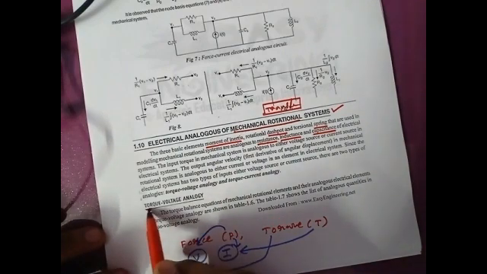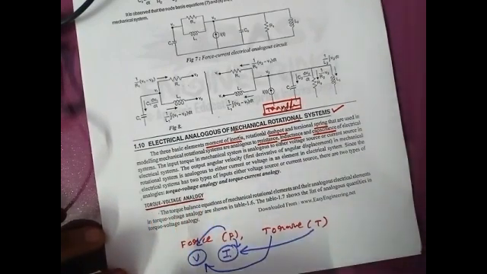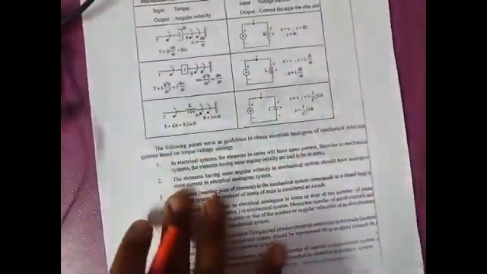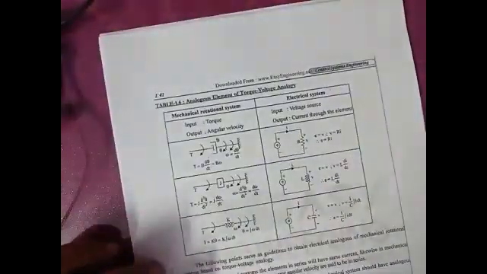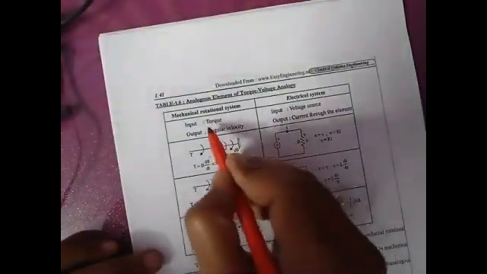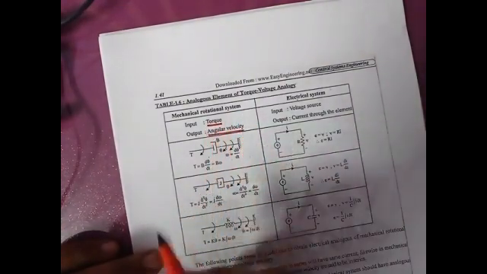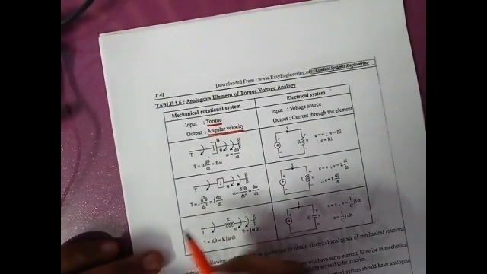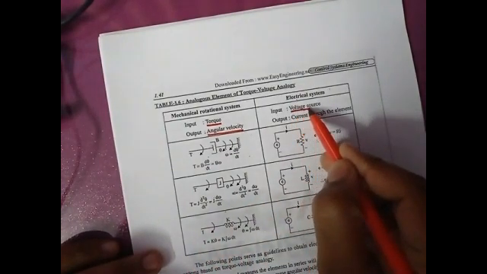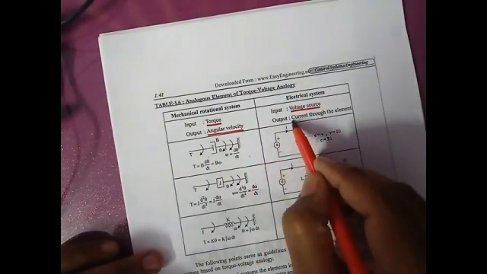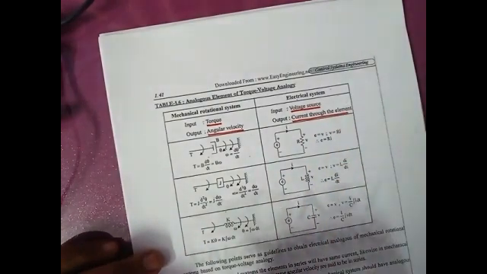The first one is the torque voltage analogy. So in the torque voltage analogy, what are the analogous elements for the moment of inertia, dashpot, and spring? Here, this is like in the previous discussion, that is the mechanical translation systems. Their input is the force, here the input is the torque, and the output is the angular velocity. Why? Because here we are applying the force also in an angular manner. For an electrical system, we always know that it will be either voltage or current. At this time, we will consider it as a voltage, and automatically the output is current.